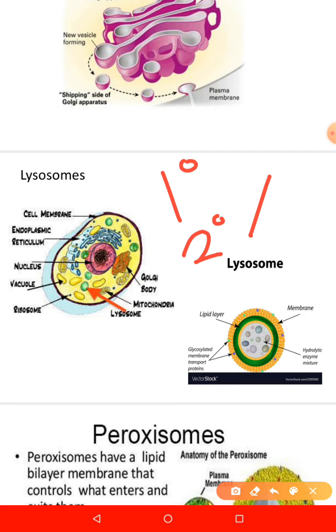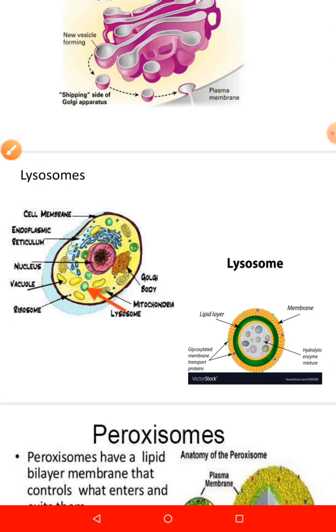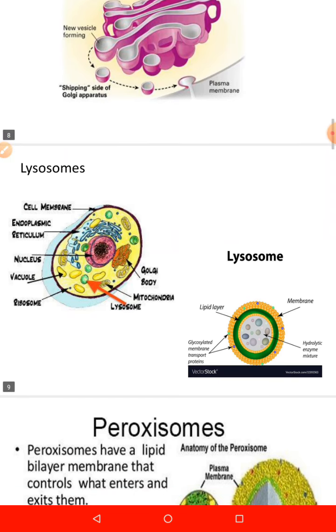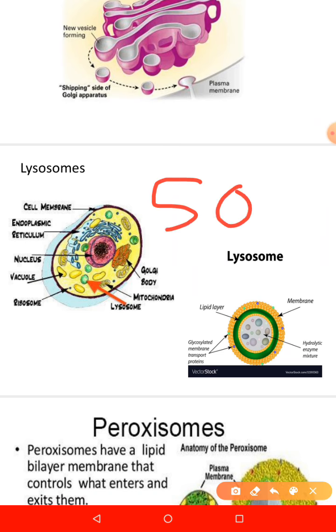Now, what's the function of these lysosomes? Very important. They are called the garbage system of the cell because they are able to degrade many substances in the body or in the cells. Okay, they are called the garbage system. It contains about 50 different hydrolytic enzymes, which are called